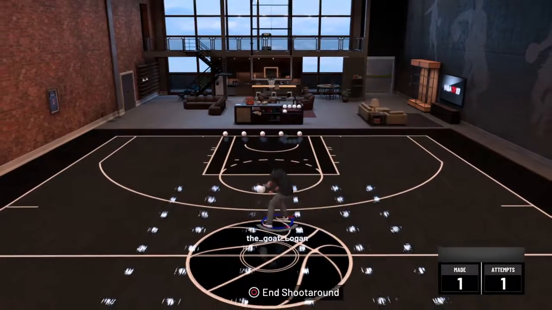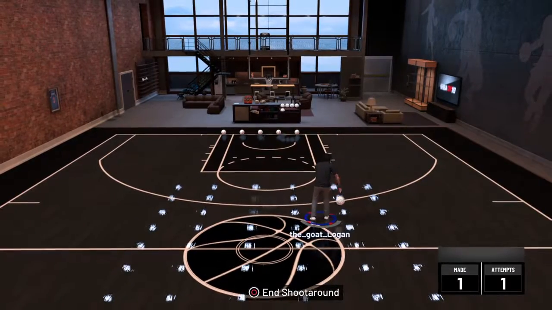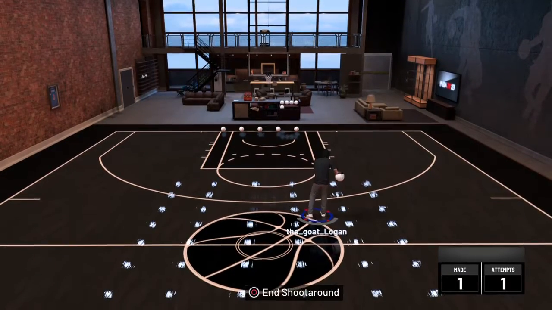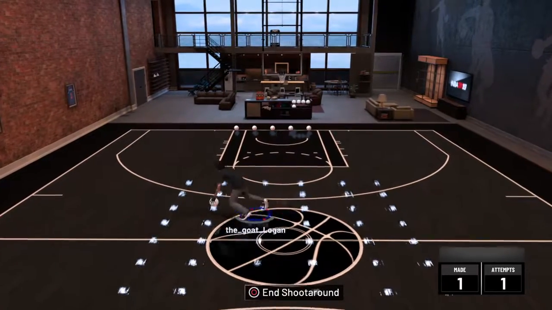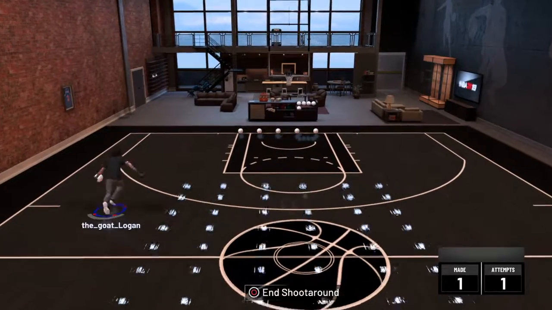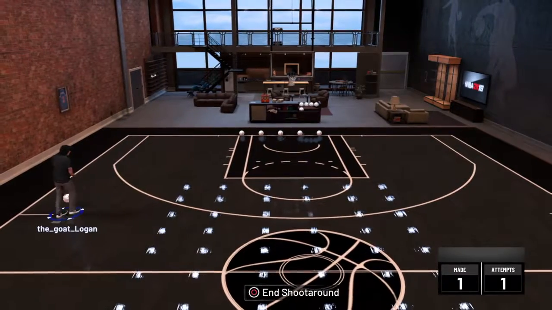So now we're gonna teach you how to do the rhythm dribble. For the rhythm dribble, all you have to do is flick your right stick up, right? And I'll do the rhythm dribble, right? I can move out of it by moving that way. I can do it at the second one,